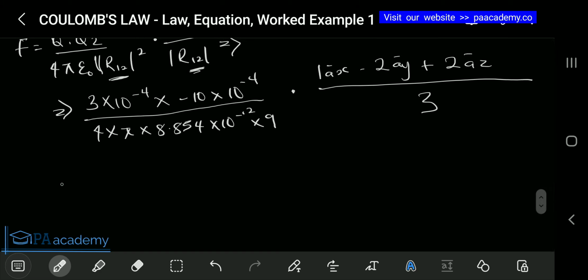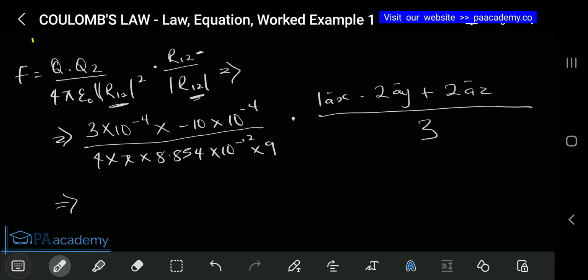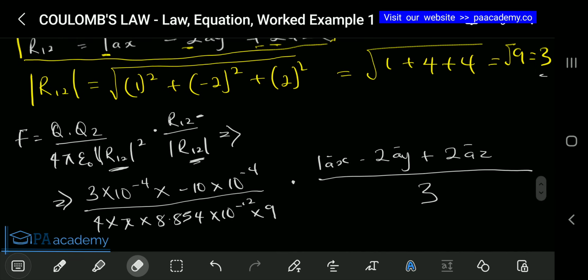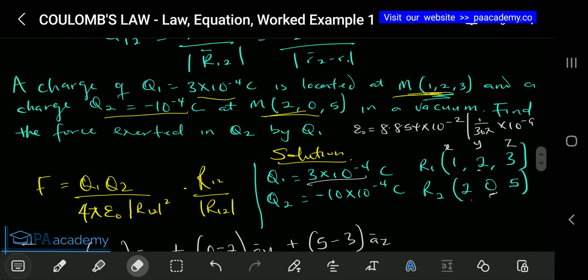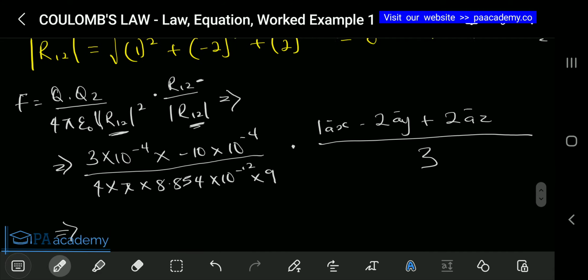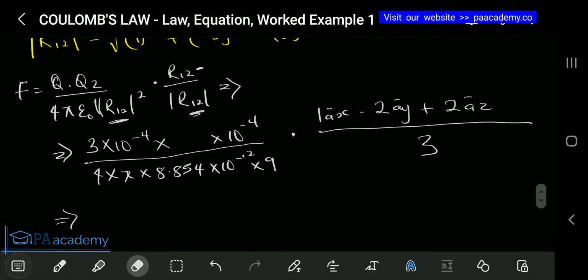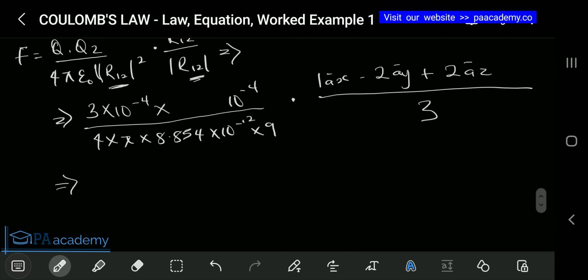Okay, so what's just left is just calculation. So let me type this into the calculator. All right, so if you go back to our question, this our Q2 is minus 10 raised to the power minus 4, not minus 10 times minus 10, so it's just minus 10 times 10 raised to the power minus 4. So if you multiply this now in your calculator, you are going to be getting minus 30. That means if you should do only this, we are having minus 30,